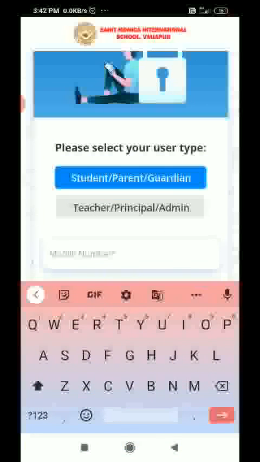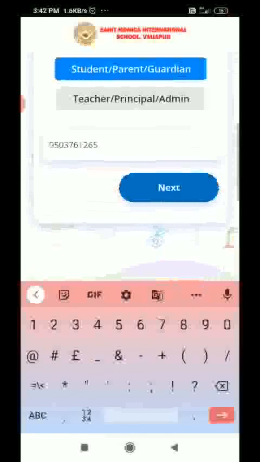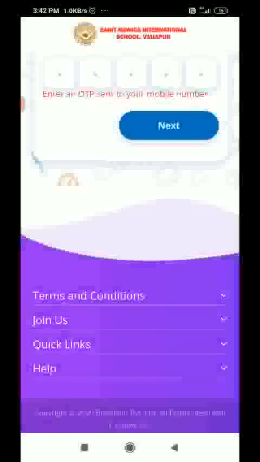Okay, after doing this, here it will ask for the mobile number of the student. Now for time being I will give my number itself. I have given my number and clicked on next. As I clicked on next, it will ask me for the OTP. So here students will type the OTP, and after that they will be able to see whatever instructions we are giving, like the timetable we have set. So how to set a timetable and how to generate a live link, I have shown you within this video.